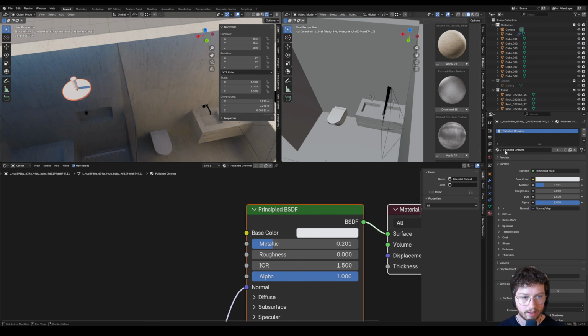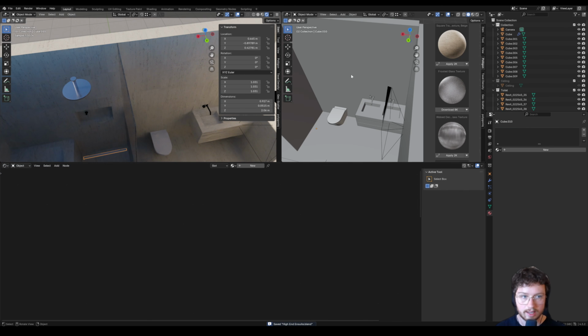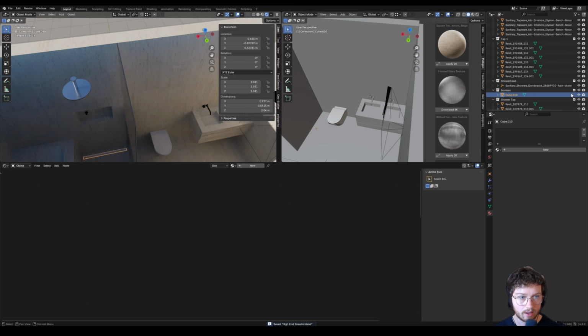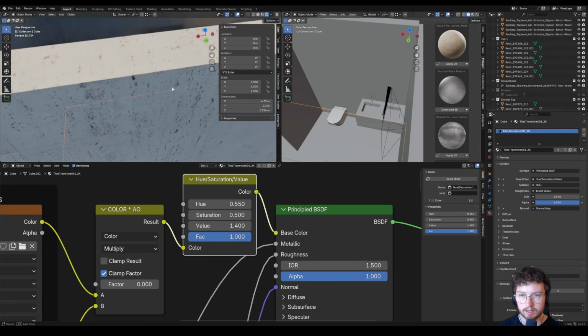So if I increase metallic, pretty much only a tiny bit of roughness just to get rid of the reflection. Let's make this a little bit darker. Yeah, that's looking good. Let's move this as well. This is our boolean. We don't want to see that at all. And then we've also got, let's see,